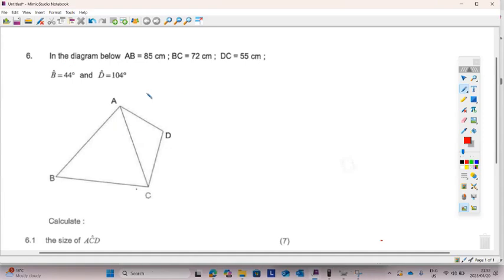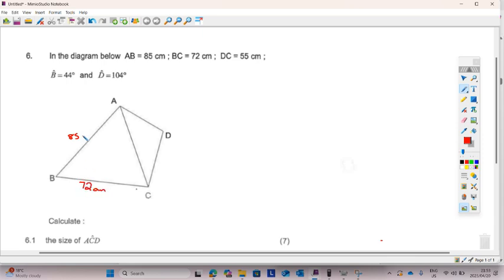I have this question here. In the diagram below, AB is equal to that, BC is equal to that, DC is equal to that, and then we're given the two angles B and D. Let's put what we have there onto our diagram. AB is 85 centimeters, and then we have BC is